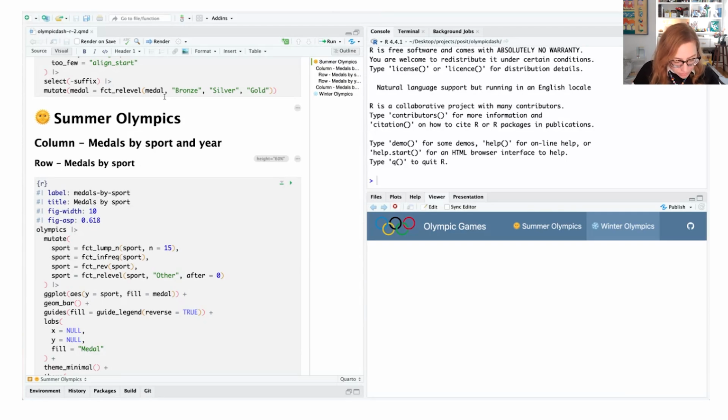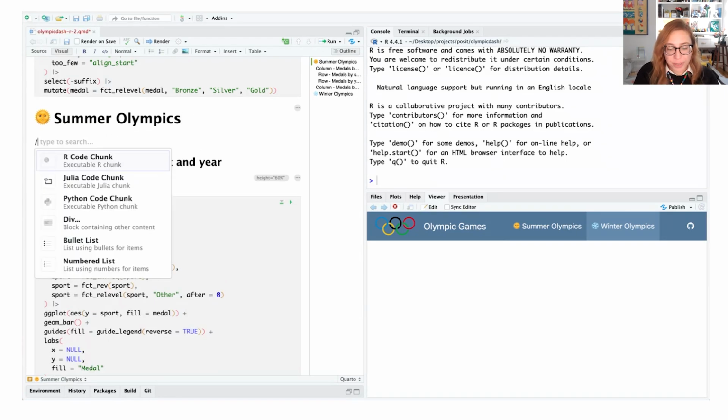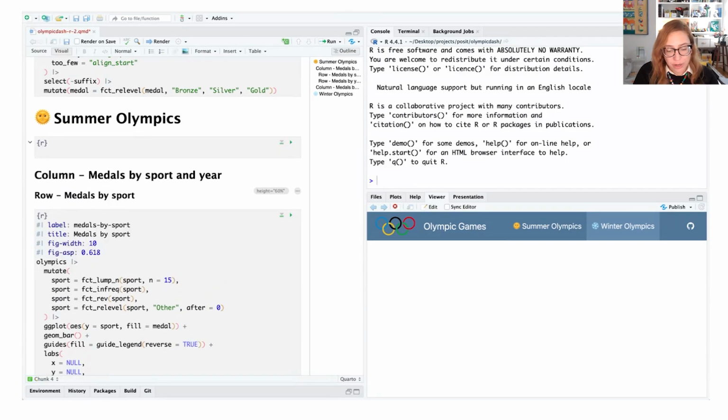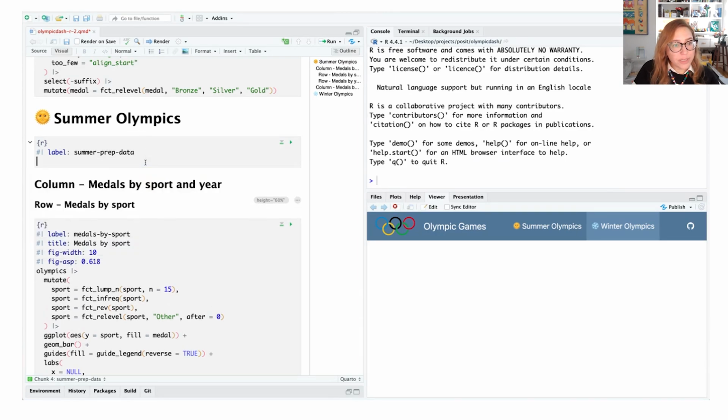But before we can do that, in Summer Olympics, let's go ahead and get a data set that only has the summer data. So I'm going to go ahead and add a code chunk. Let's give this a label. Call it Summer Prep Data. Our data set was called Olympics.